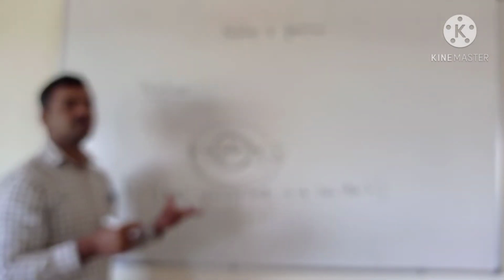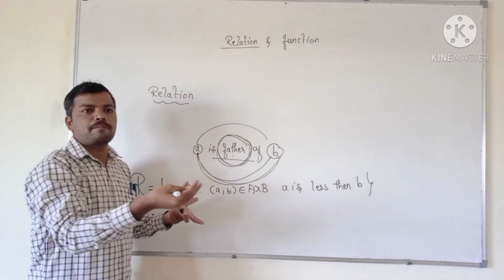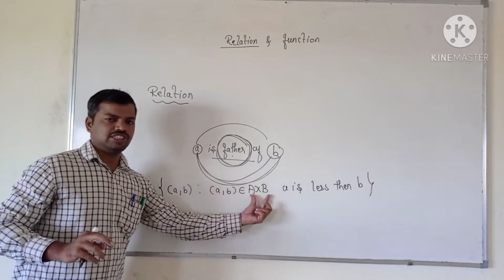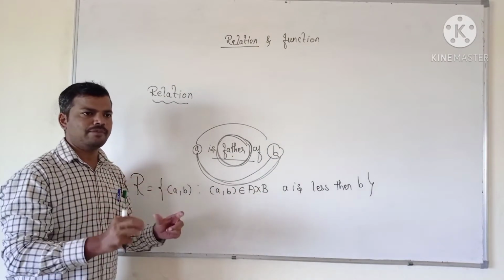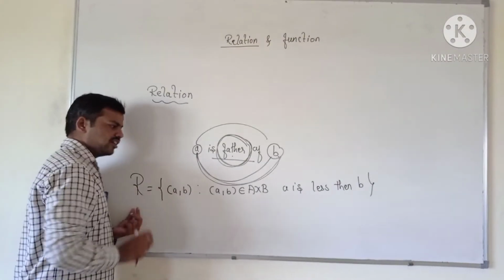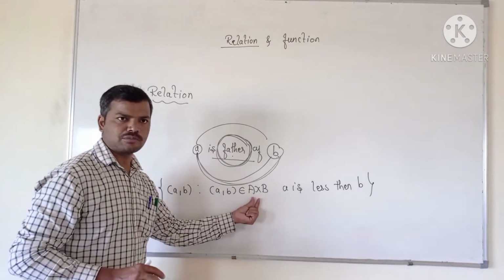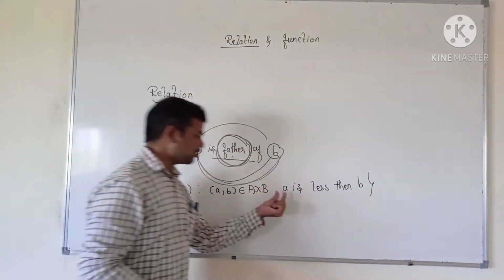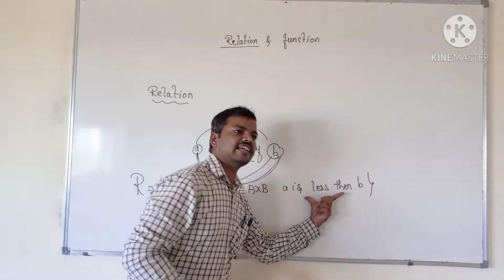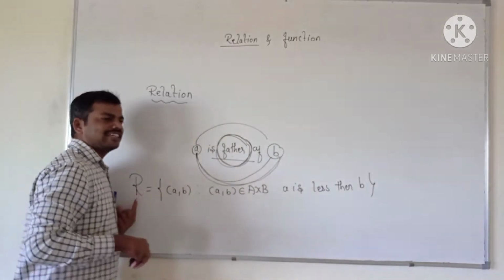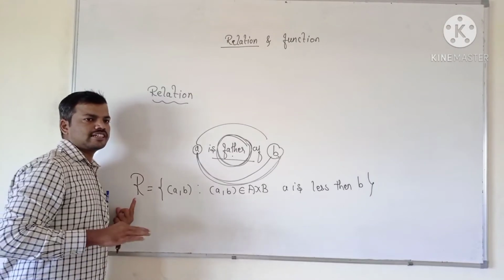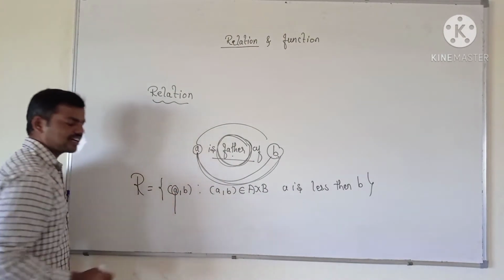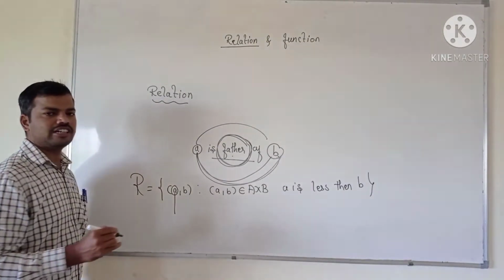So here it confirms that they come in a pair, and the pairs we are observing are in the Cartesian product. Whatever elements we want to take for the relation are borrowed from the Cartesian product. So how do we borrow from the Cartesian product? We give it a specific connection, and that is called the relation. And here we call the first element, the collection of all the first elements, the domain.